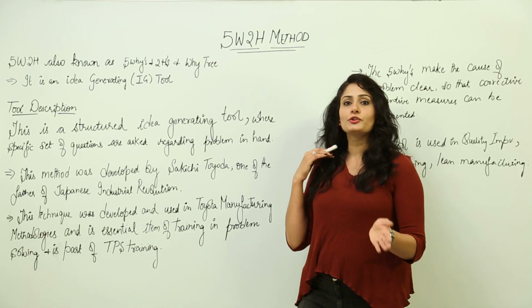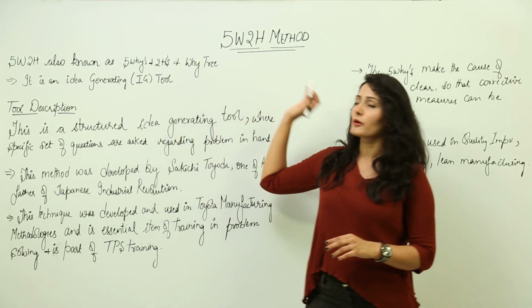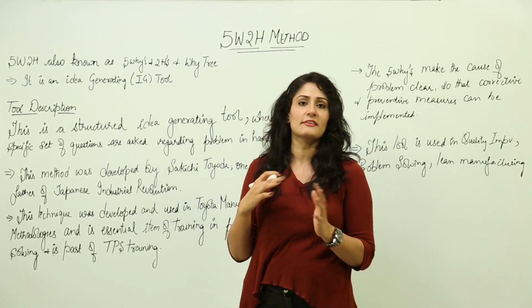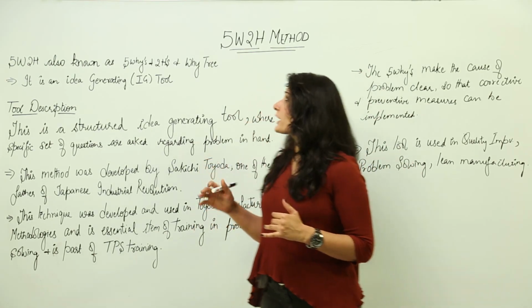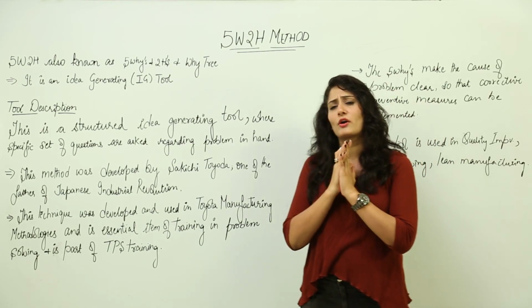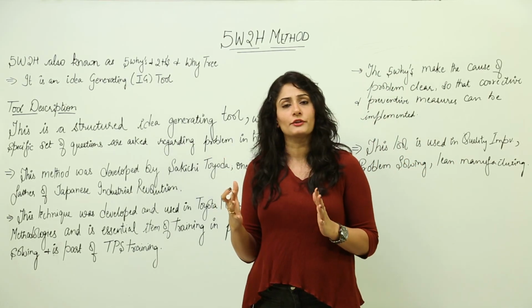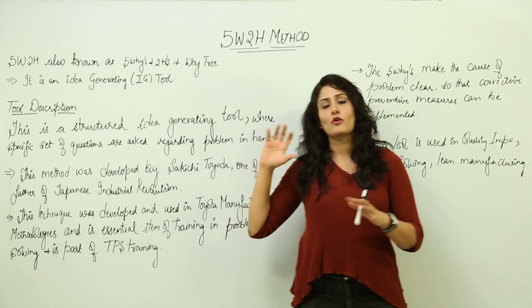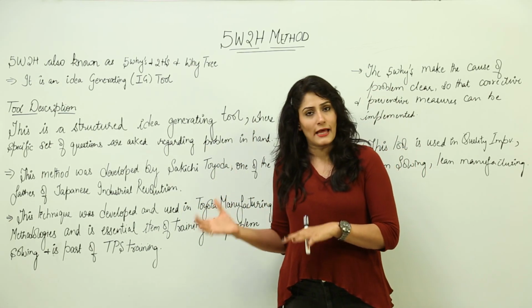Everyone. So the tool today I am going to take up is the 5W2H method, right. So this would be the second tool of my series, Six Sigma tools. Talking about the 5W2H method, first thing I would like to tell you is that it's not a very complicated or technical tool, its application is rather simple. So you can say it's a common form of root cause analysis.